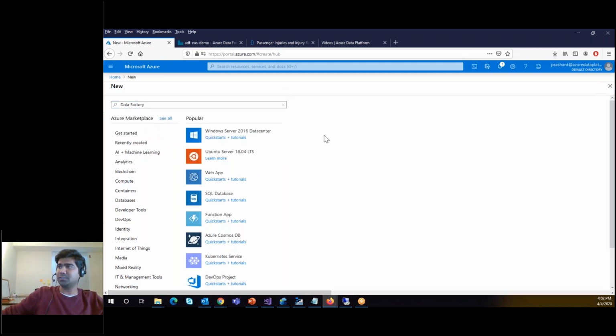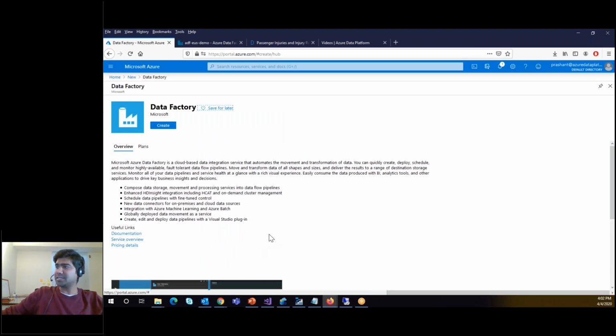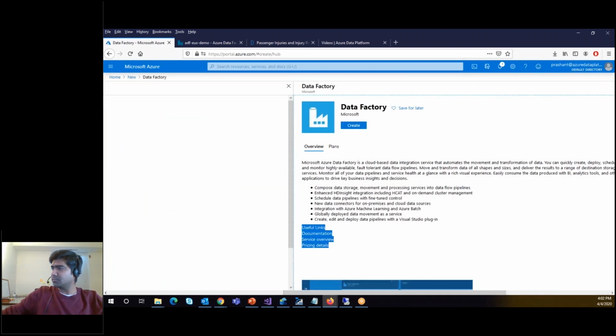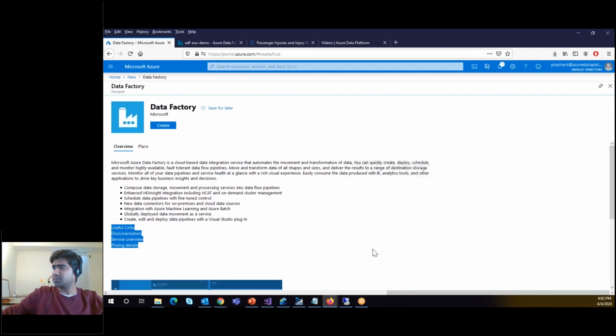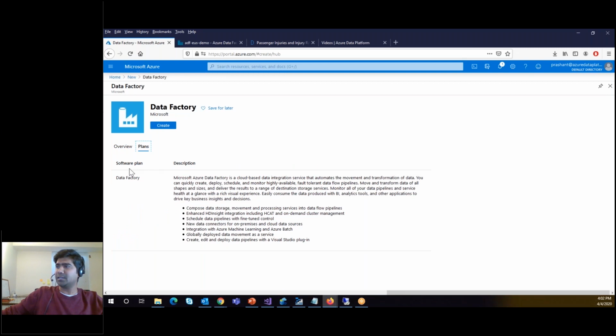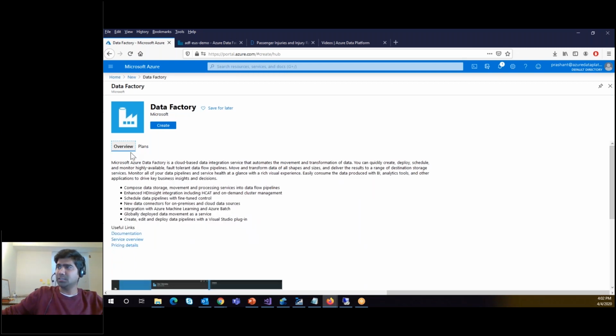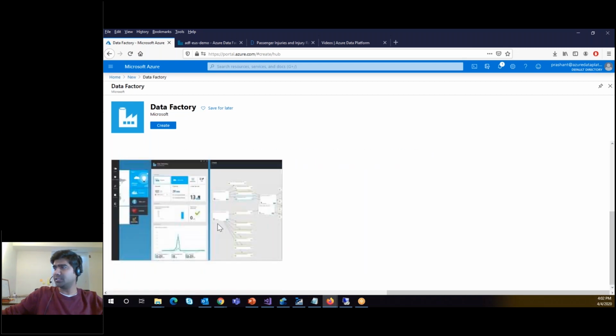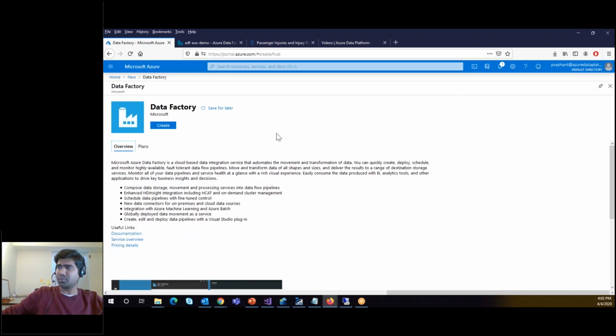And you see the first one, data factory. You can see the details here about data factory, your overview. Then there are some other details about plans and whatever things you can do. Then there are some links that you can refer to, and some screenshots here. So if you want, you can go through these links. Click on create,